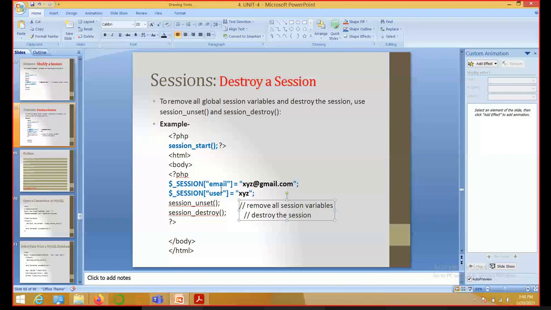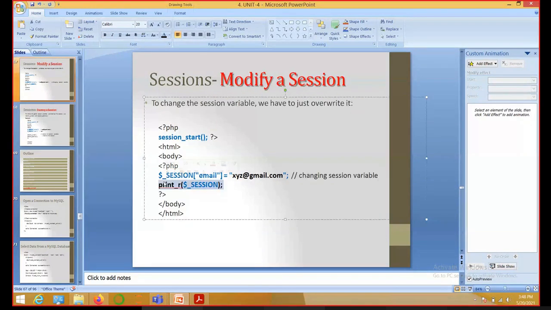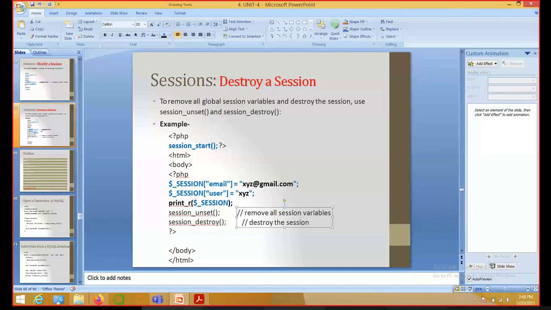And we will also print out our session variables just to see. Clear? Fine. So if we execute this code,